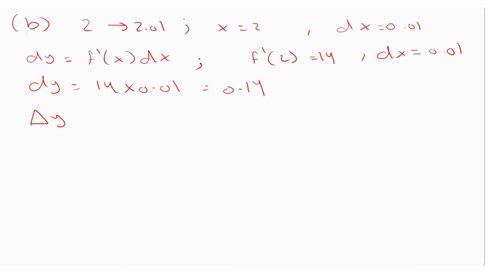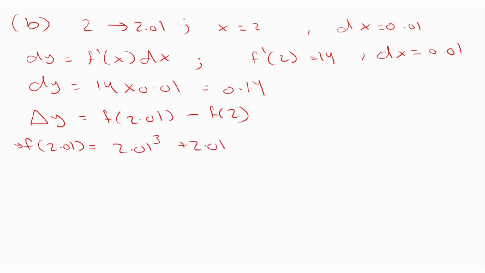Now delta y is going to be f at 2.01 minus f at 2. To find the value of f at 2.01, we just have to substitute into the function. It's going to be 2.01 cubed plus 2.01 squared minus 2 times 2.01 plus 1. And this will give us